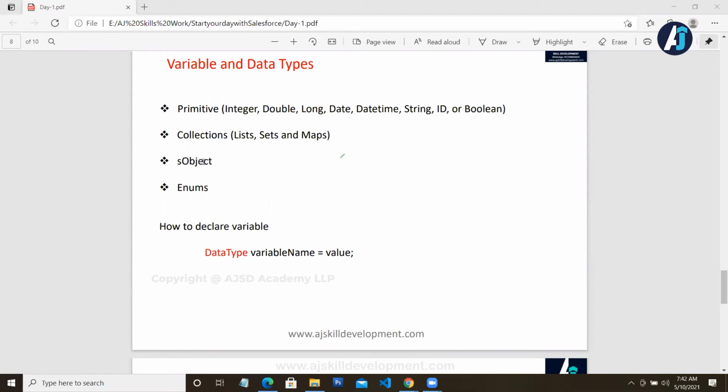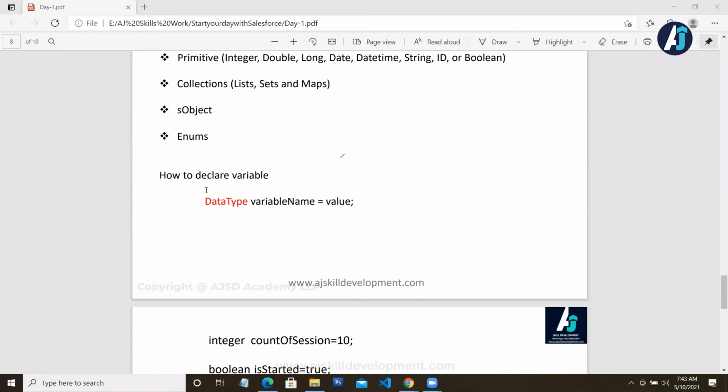So I am talking about a single record. If it is a group of records, you will be combining list with sObject and storing it. We will see it one by one, so there is no hurry as of now. Enumerations, don't concentrate on enumeration as of now. It's a set of constants that forms an enumeration. We will see it later. Now as a first step, we are going to see how to declare a variable,